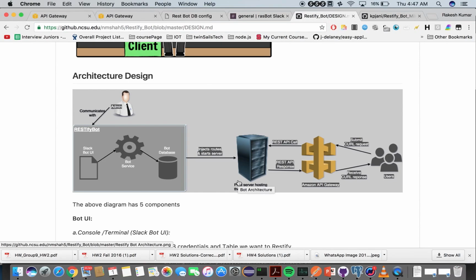Our Slack bot allows developers to quickly expose their backend database tables as REST APIs, allowing them to quickly build their REST APIs essentially, and also manage the REST APIs through the use of AWS API Gateway by allowing them to set usage limits, throttling limits,